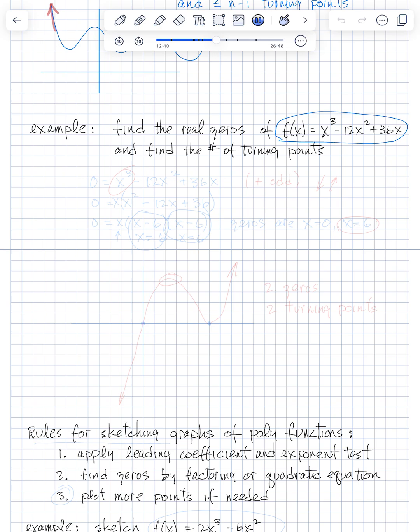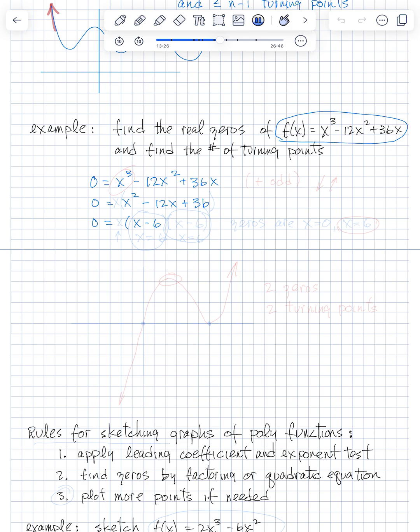So the first thing we do, we're going to find the real zeros. We have to set f of x equals 0. So 0 equals x cubed minus 12x squared plus 36x. Well, we can factor an x out, and so 0 equals x squared minus 12x plus 36. Now this happens to be easily factored, so 0 equals